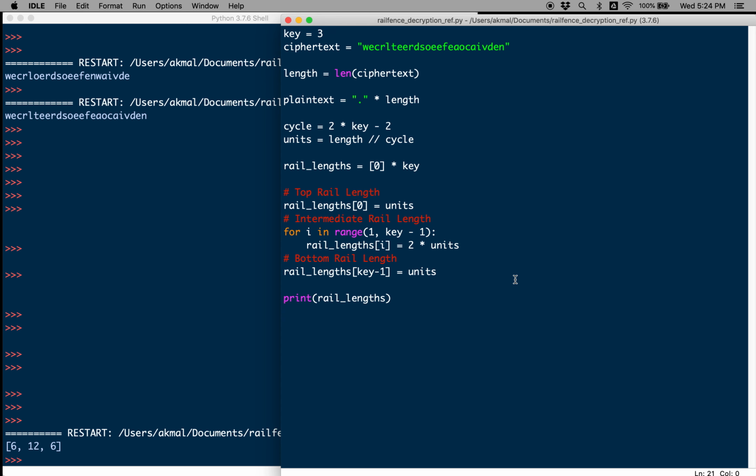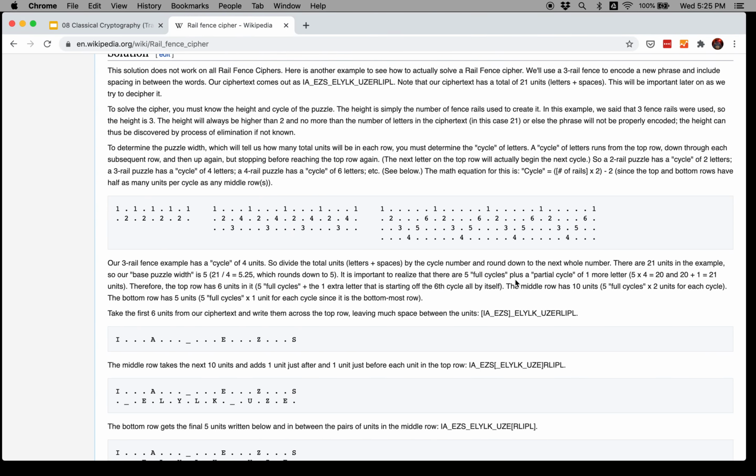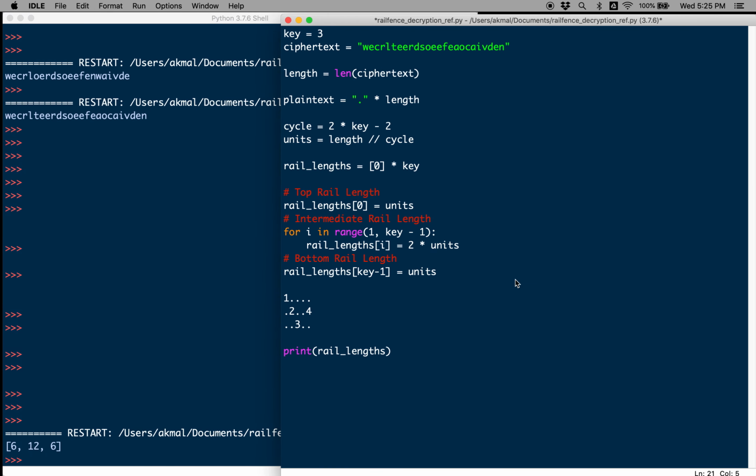And how would we do that, right? So let's say I have, let's say key is 3, right? And for key 3, the cycle is 4, right? That's going to be one complete cycle, and then it's going to continue again with 1, 2, 3, 4, 1, 2, 3, 4. So I'm actually doing something like this. Okay, the cycle is of length 4,